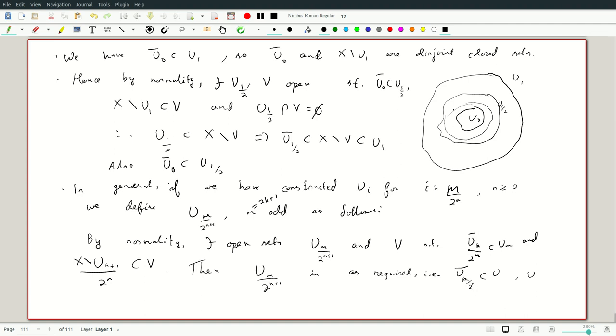Over 2 to the n plus 1, and I'll clarify one more detail. U bar of m over 2 to the n plus 1 is contained in the next set, which is k plus 1 by 2 to the n. Hence p is less than q implies that U bar p is less than U q for all sets defined so far, inductively. So by induction,